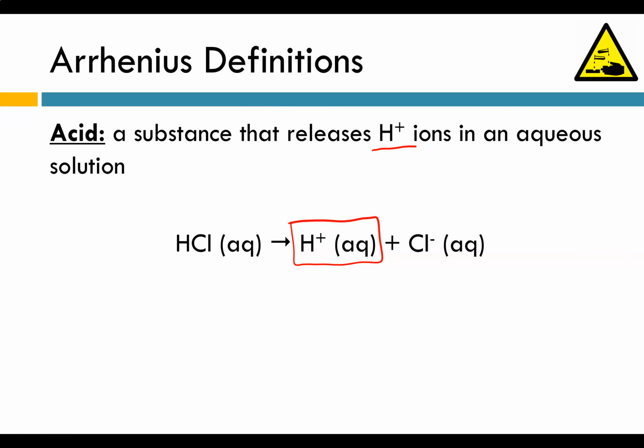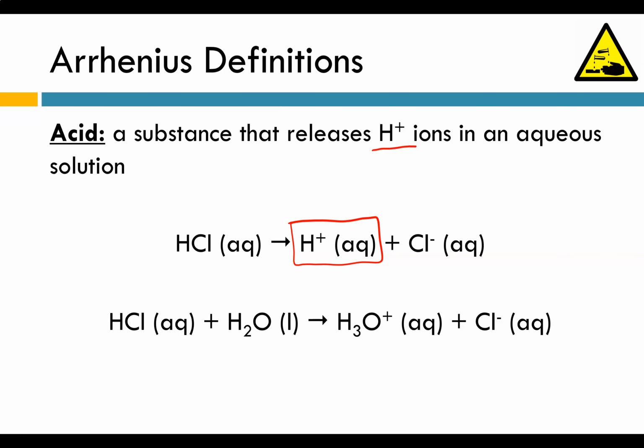You might also see the same sort of dissociation equation written like this, where we have HCl with water present on the reactant side, and we're forming this H3O+ ion, which is the hydronium ion, and the chloride ion again. Make a note that those two notations, whether they're aqueous hydrogens or aqueous hydronium ions, are the same thing. It's really this presence of an H+ ion floating around in solution that has led the solution to be acidic. If you think about water,